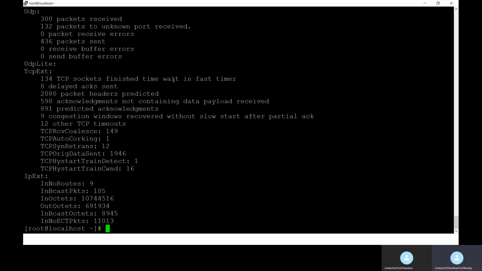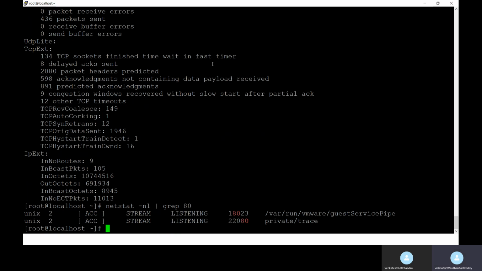So these are all like that. You guys need to explore these things. So what exactly is netstat? It will display the open ports, and then how to look at the ports, like netstat | grep 80. So what are the ports it was listening on, like 8080?